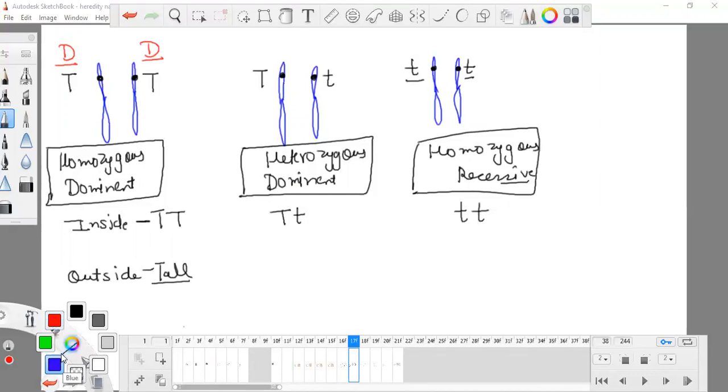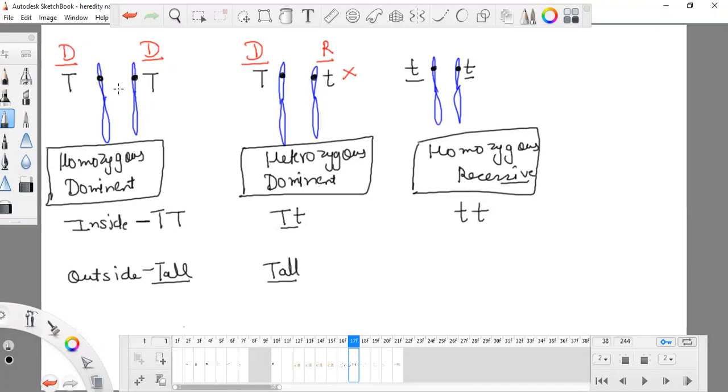Now in this case, this is the internal thing, but we know that this T is dominant and this t is recessive. Dominant will always win and recessive will always lose; the recessive cannot express itself when the dominant is present. So it will also look tall, but just externally. It is externally tall. Inside, it is not pure tall. It is impure tall. Why?